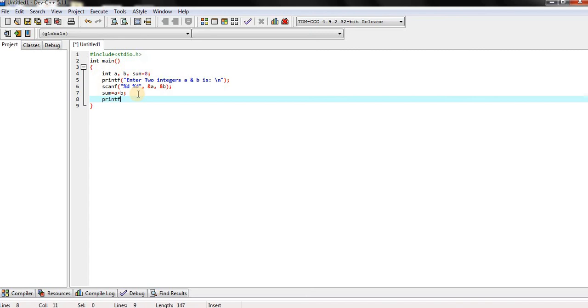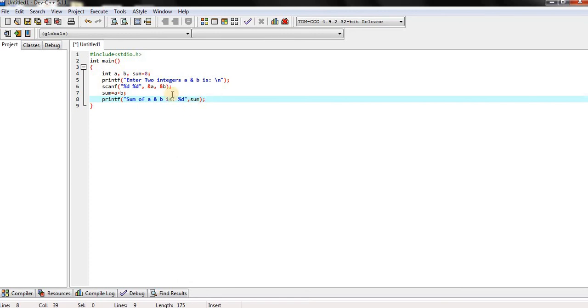printf("sum of a and b is %d", sum). Why are we using the format specifier %d for sum?